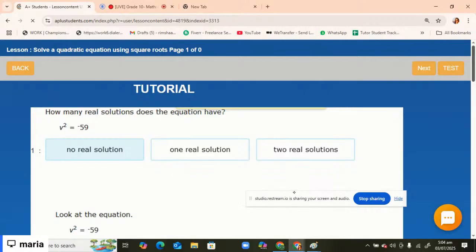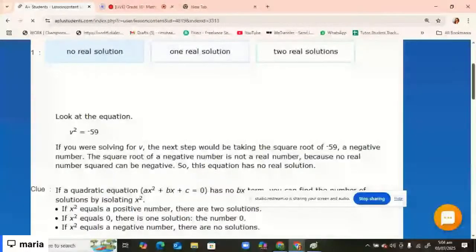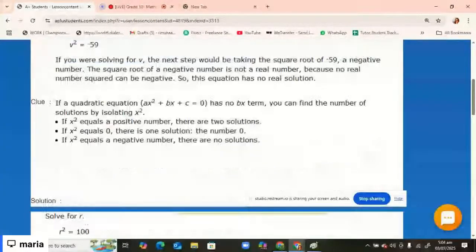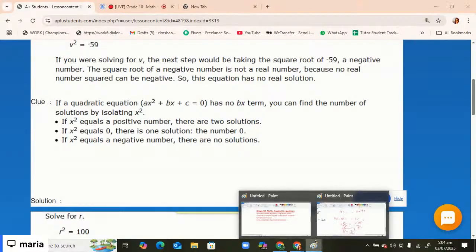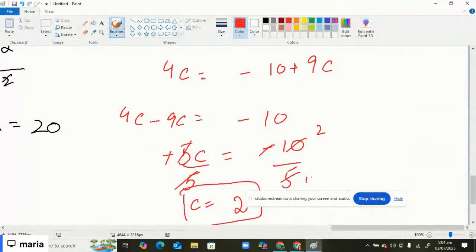As we can see, look here. These four steps you need to understand. If x square equals a positive number, then there are two solutions. If x square is equal to 0, there is only one solution. But if x square is negative, then it has no solution. Okay? What does it mean? They are saying that